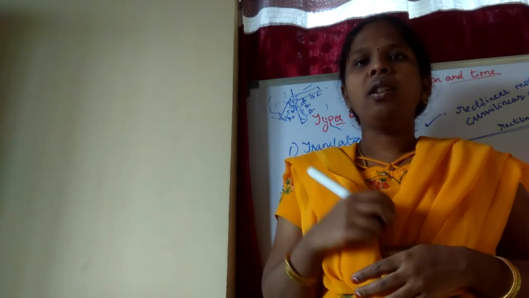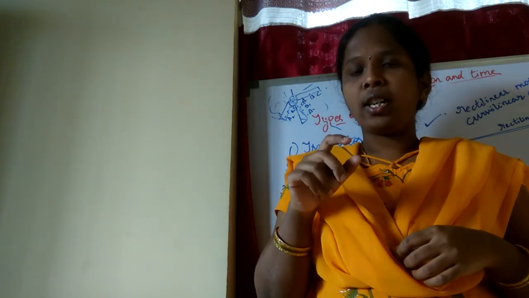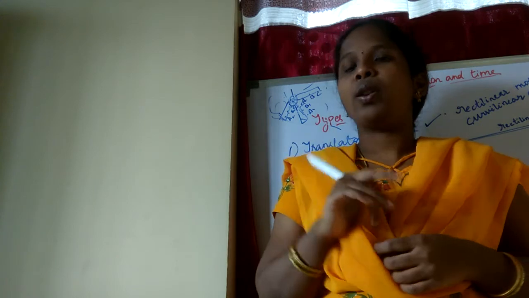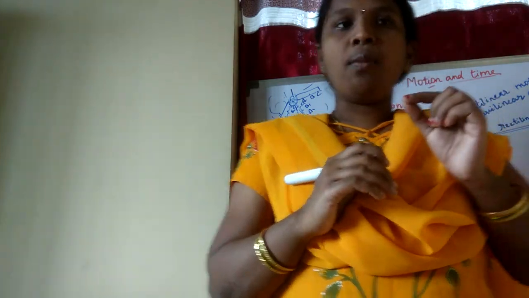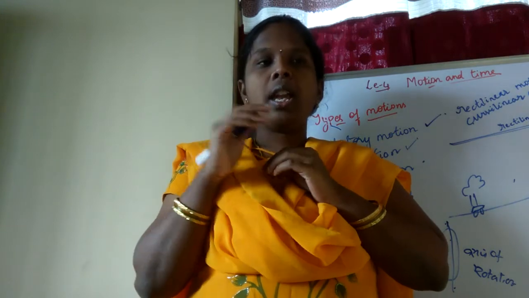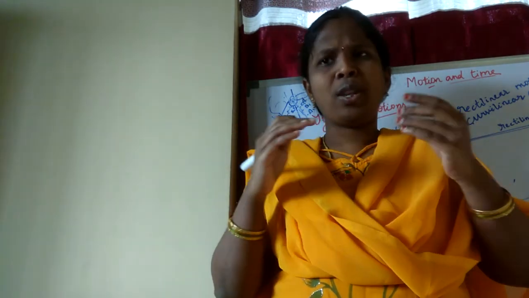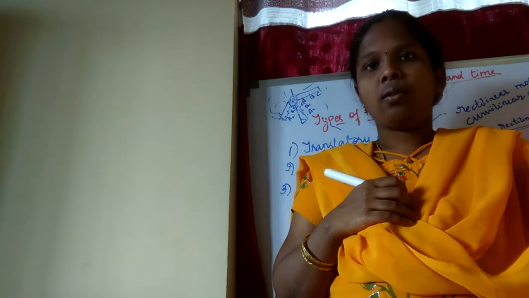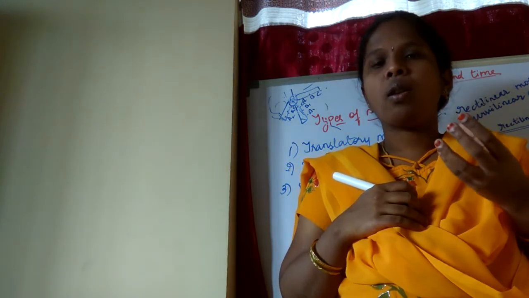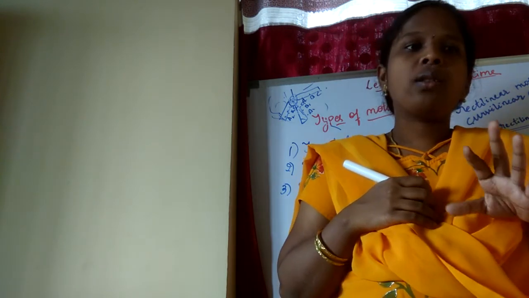Children, once a tennis ball will be there in your house, and you will be having your dining table also, keep the tennis ball and do like this. Then what do you observe? When you push the ball on the surface of the table, it moves from one end to the other end, and all the particles of the ball also move. The inner parts of the ball also move.